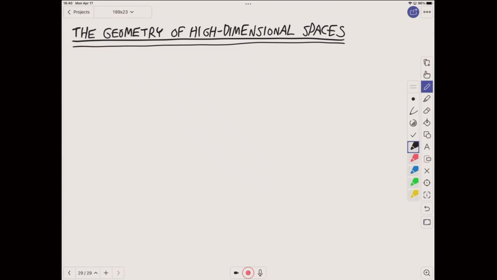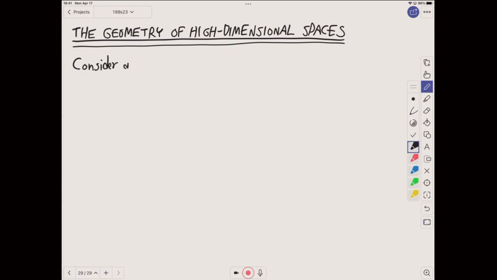So I want to start with the fact that high-dimensional geometry sometimes acts in ways that are completely counterintuitive to those of us who form our intuitions from two-dimensional or three-dimensional geometry. So let's look at examples. First of all,